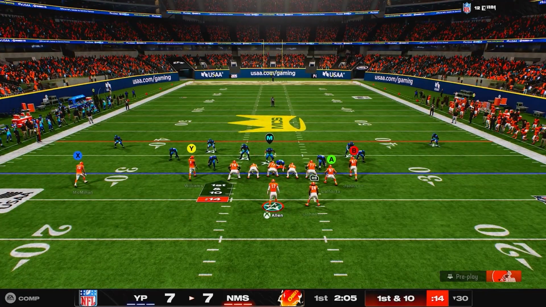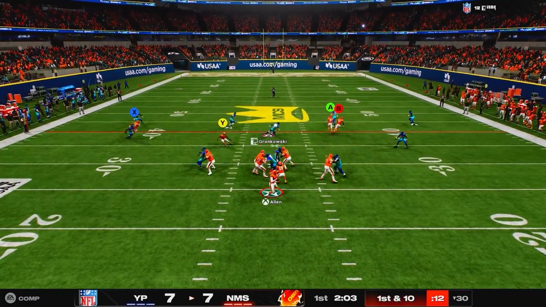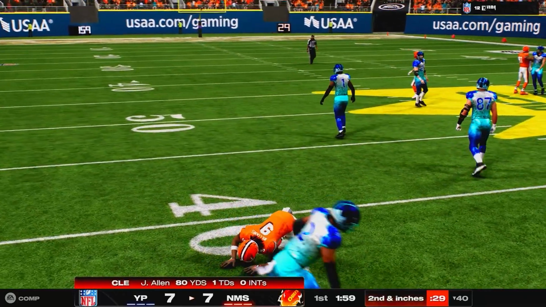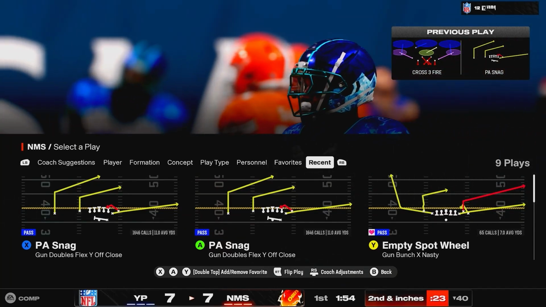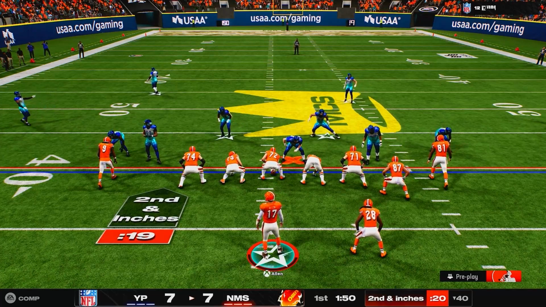But as you see, our opponent is in dollar, and we're going to be calling PA Snag. And the reason we call PA Snag is for the simple notion, good switch stick there, still able to get 10 yards. The reason we call PA Snag is the first part of the play name called PA, play action. Play action blocking, if you guys are unaware, pretty much is going to kill any loop blitz